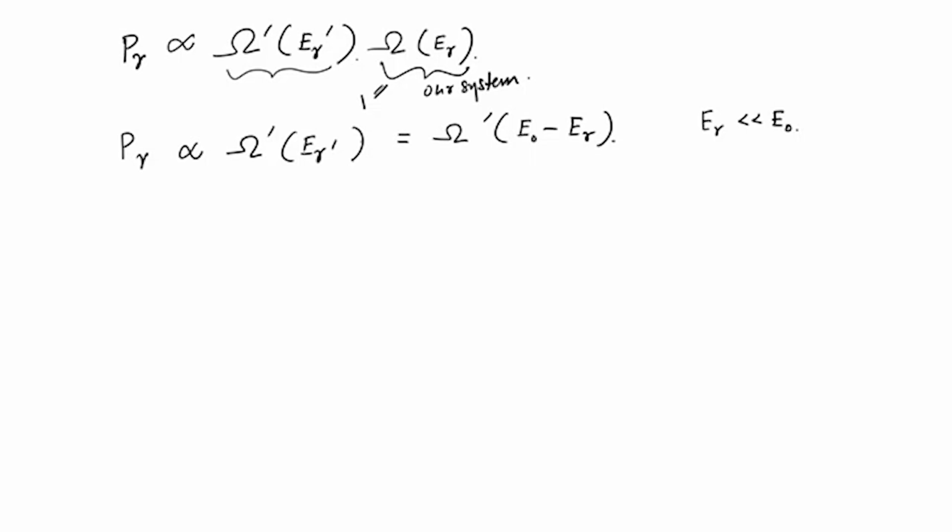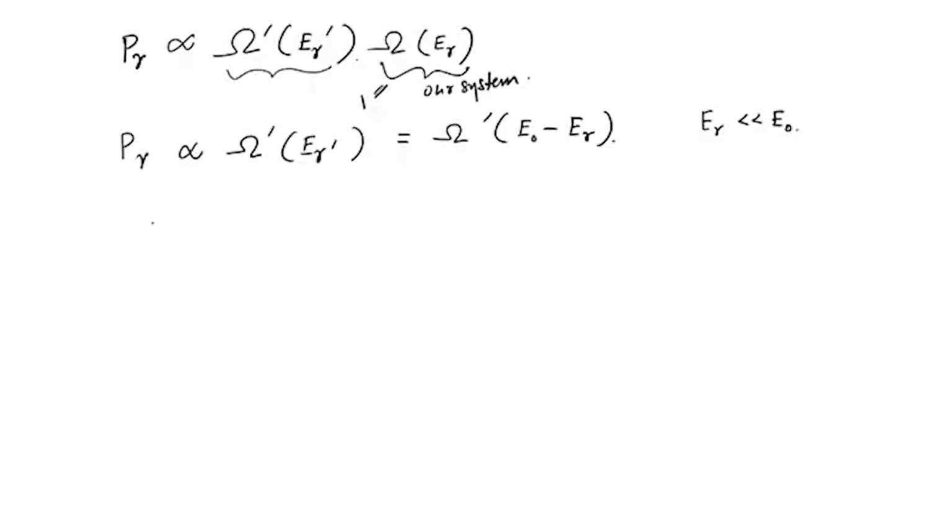So, omega prime, the primed variable, corresponds to the other members of the ensemble leaving our system, and the unprimed variable refers to our system. So, P r is actually the unprimed variable, which refers to our system. Okay. Now, using this condition that E r is much smaller than E 0,